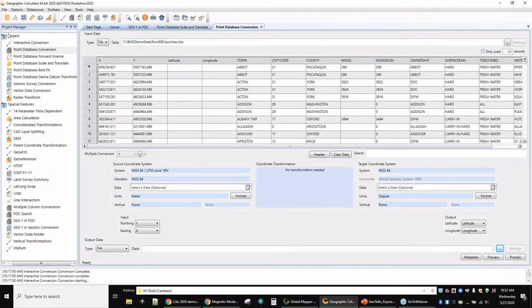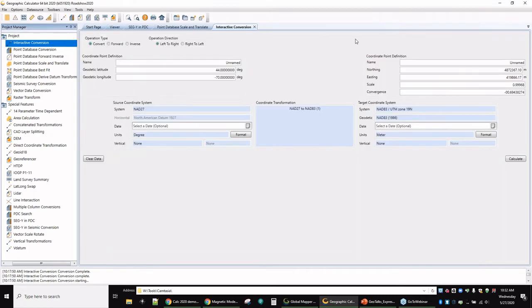Back to the interactive conversions. Some of the new things that are a little more visible than memory management. I know everybody likes memory management stuff, but some of the stuff you can actually see in the application. We've added some new magnetic models. These were added by popular request, and so to talk about these a little bit,